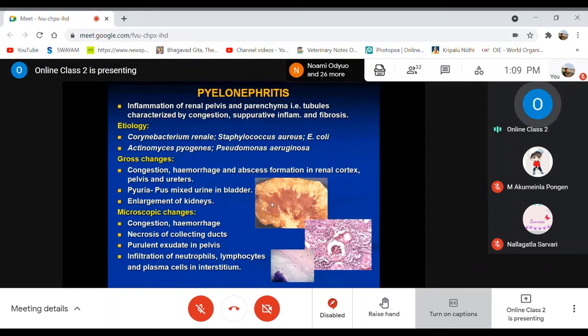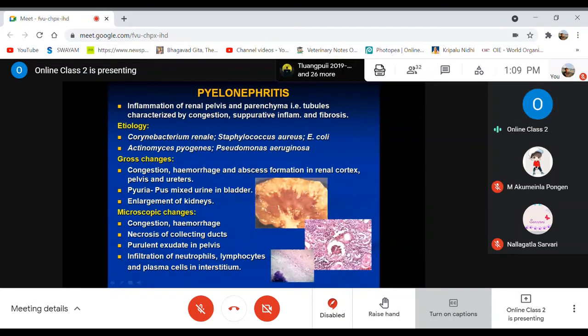That is what we call pyuria, and it comes out of the urinary system through the urethra also. When you check it, you will find that pus is already there in the urine. It is mixed up. The kidneys are enlarged, and microscopically, if you make a section, you will find the renal vessels congested, some showing hemorrhages, and necrotic lesions of the collecting ducts, and purulent exudate inside the renal pelvis, with infiltration of many inflammatory cells, mostly